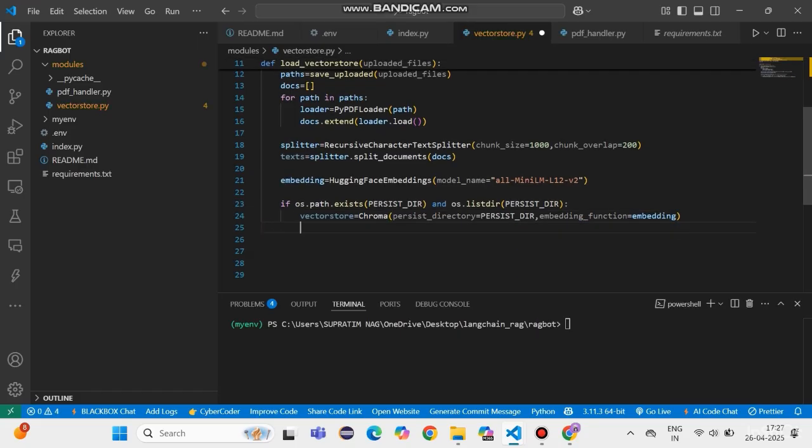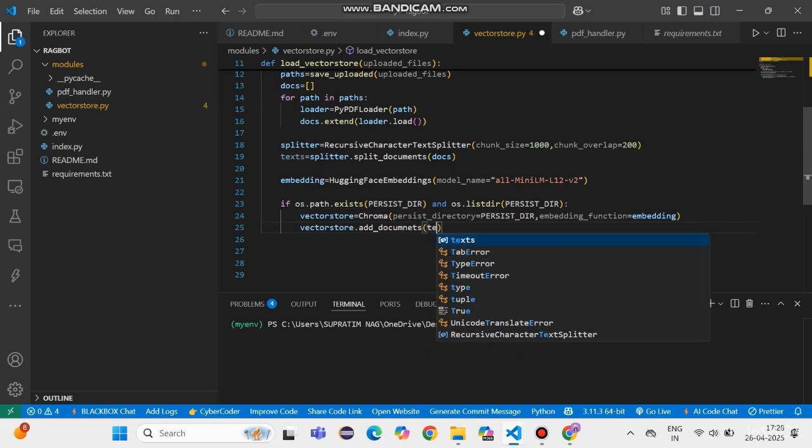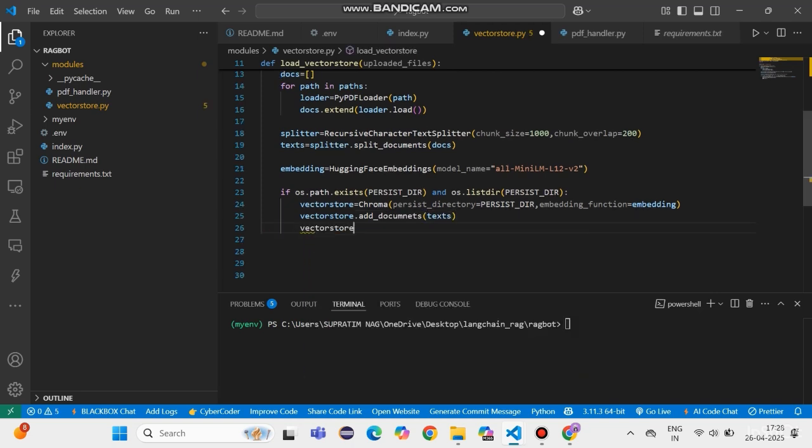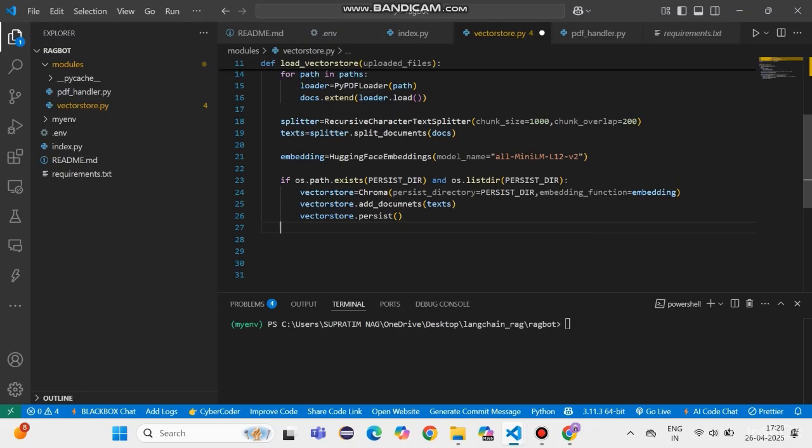After that, vector store dot I need to add those documents. So documents, here I'll be passing this texts. All right, then vector store dot I'll be using this persist function. So this persist function is in use. Then for the else,